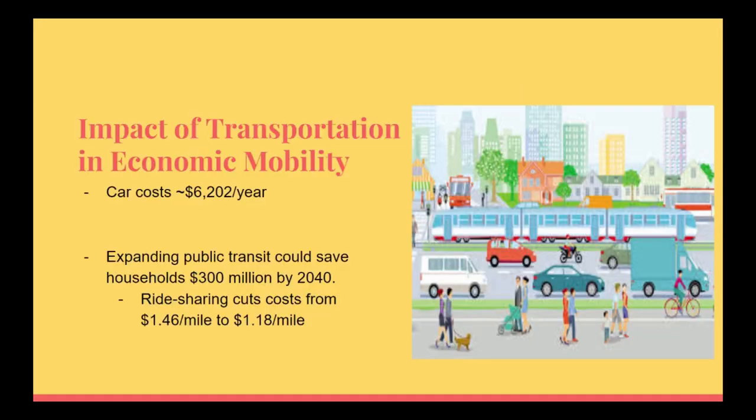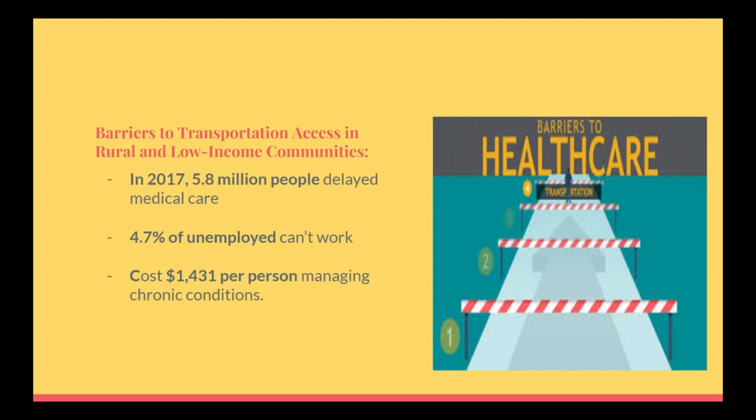So, a major problem in the current transportation industry is the impact of transportation on economic mobility. Each car costs a household about $6,202 per year, and expanding public transportation could save households $300 million by 2040 because of logistics improvements. Barriers to transportation access in rural and low income areas include 5.8 million people being underserved because of delayed medical care, and 4.7% of those are unemployed because they can't work because of those transit